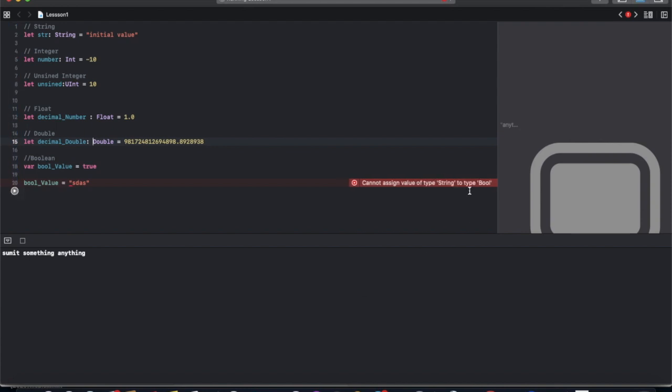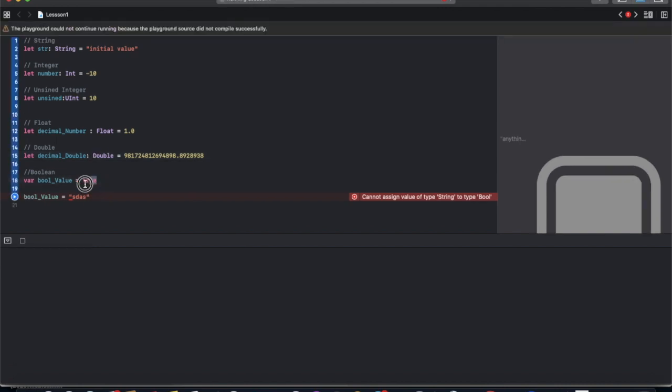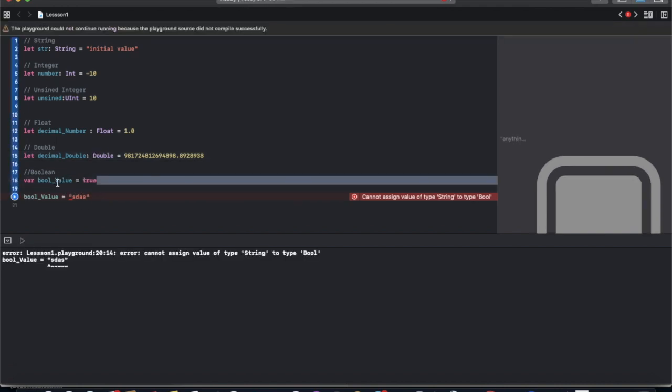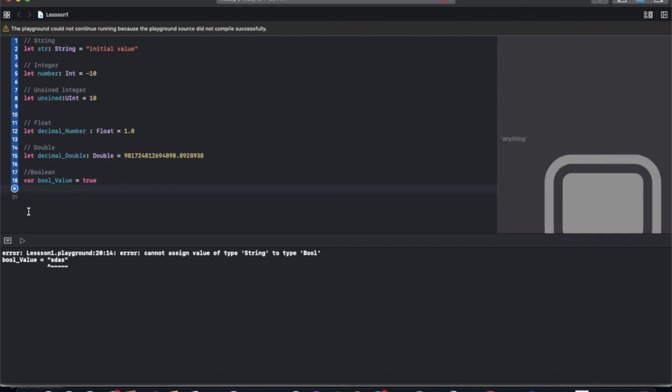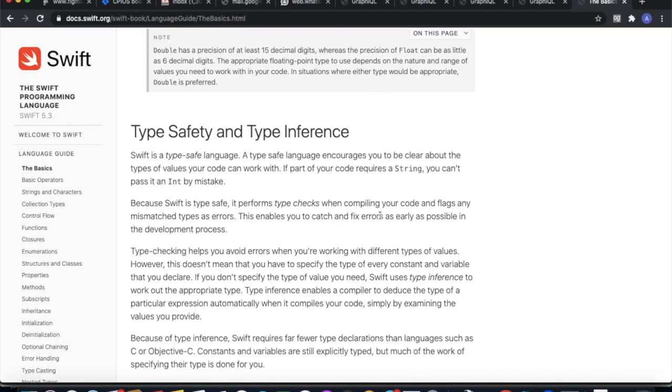So it's called type safety. We can't change the type once we provide it. And because it knows about the type without any type annotation, this is called type inference.